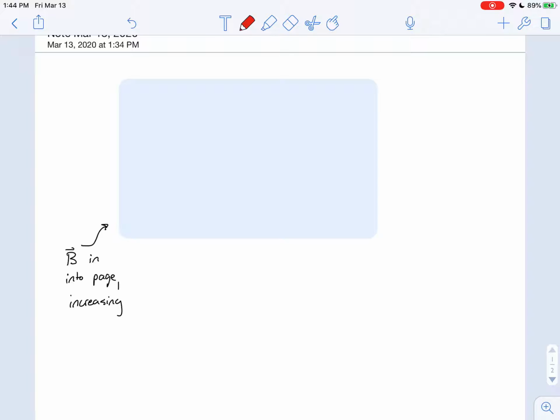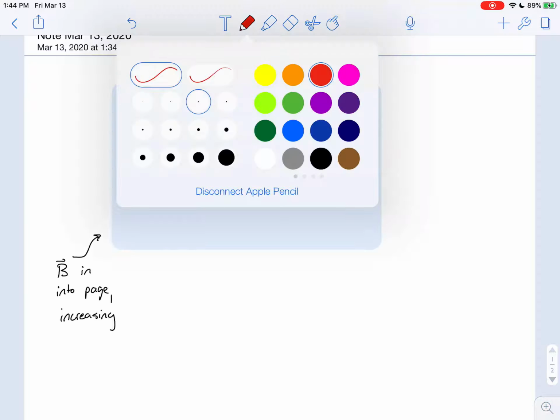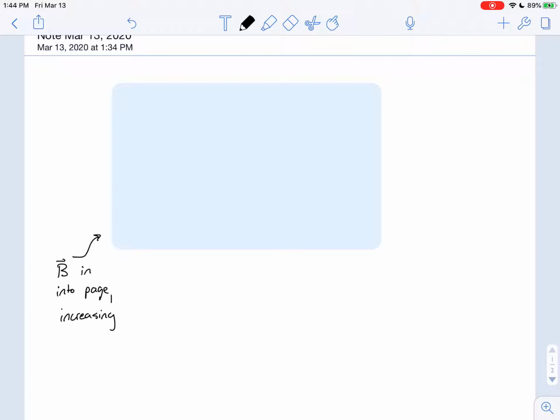All right, so in this video, I just want to talk a little bit more about Faraday's law. On the screen, we have a B field that is into the page and it's increasing. So far, what we have learned is that if we have a conducting loop, or it doesn't even have to be a conducting loop, it could be